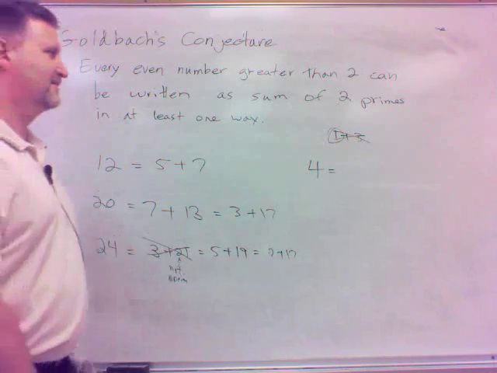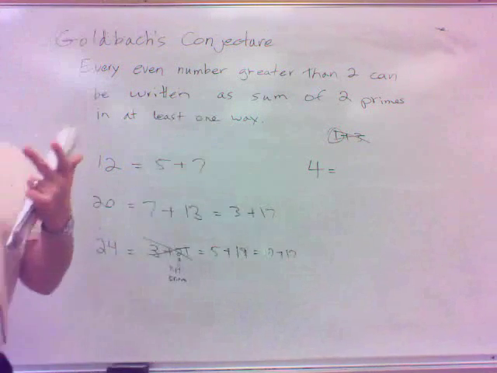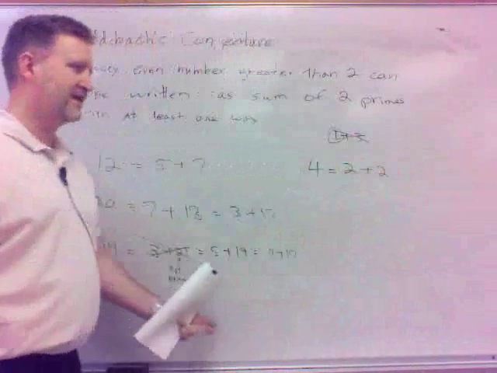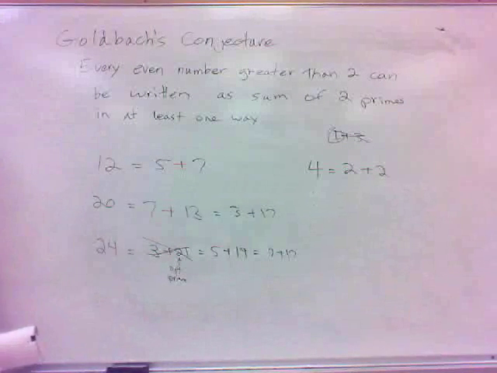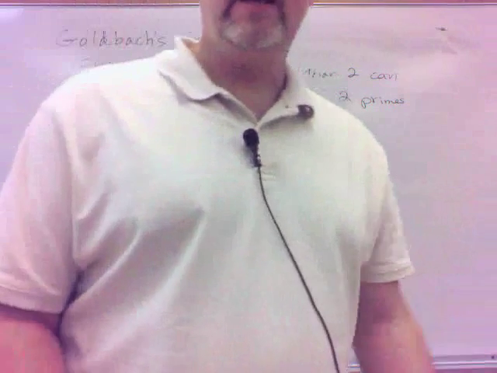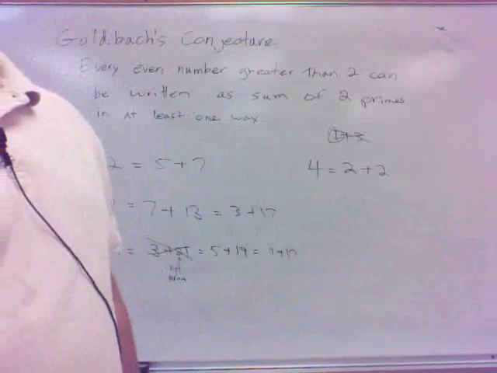So it wouldn't verify Goldbach. Now this one we'd have to use 2 of the same, wouldn't we? 2 and 2? Yeah, it doesn't say it has to be 2 different primes. So you could do 4 with 2 and 2. Just like you could do 10 with 5 and 5. You could do it 3 and 7 too. But anyway, all right? So anyway, just a few little interesting